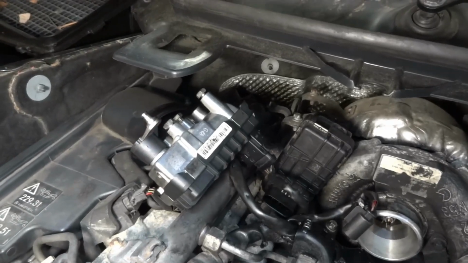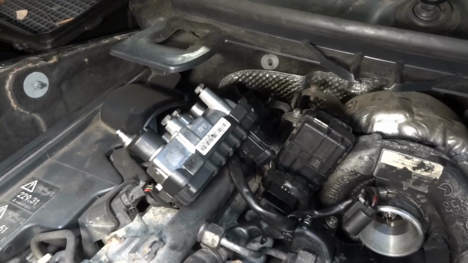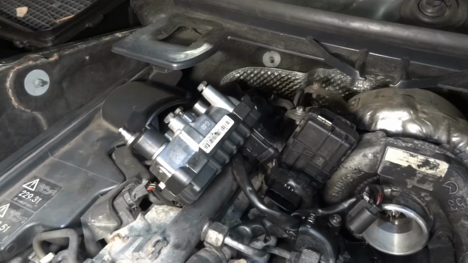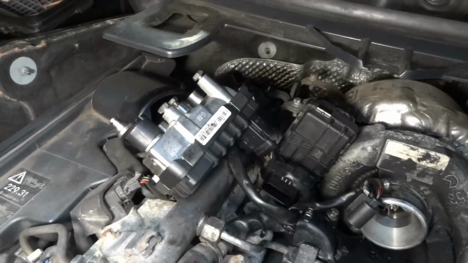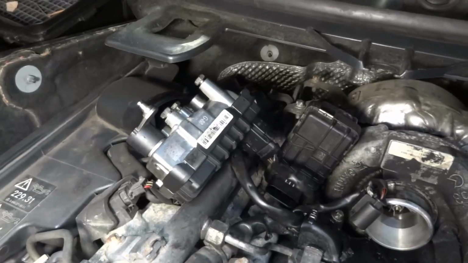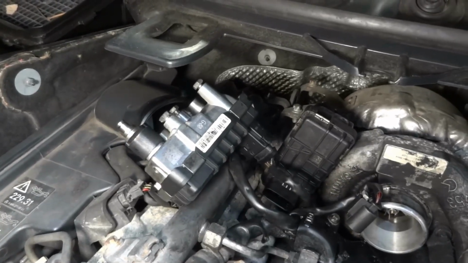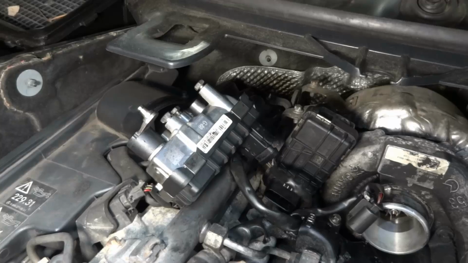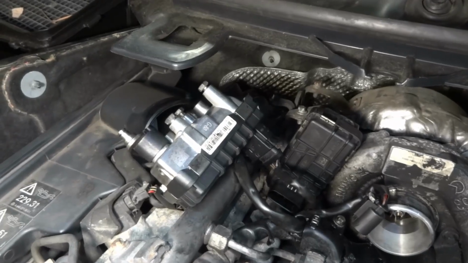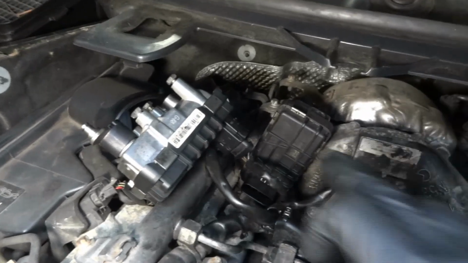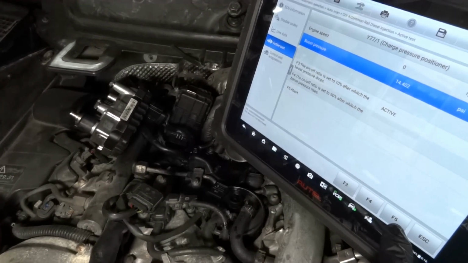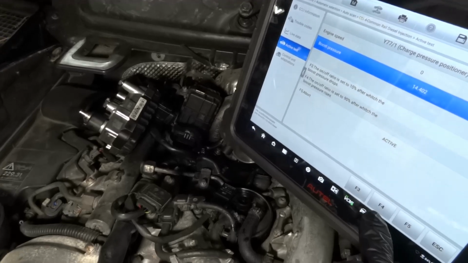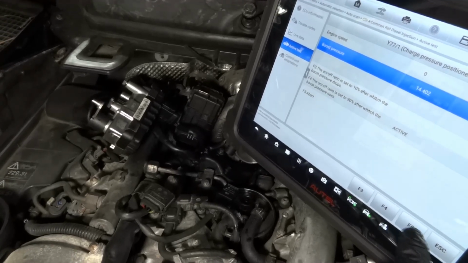Now I'm gonna press F3. Now I'm pressing F3, but there's no clicking sound coming from this actuator. Okay. So this actuator over here is going bad. So to watch that actuator over there, I'm gonna press F5 here. Watch that. F5,